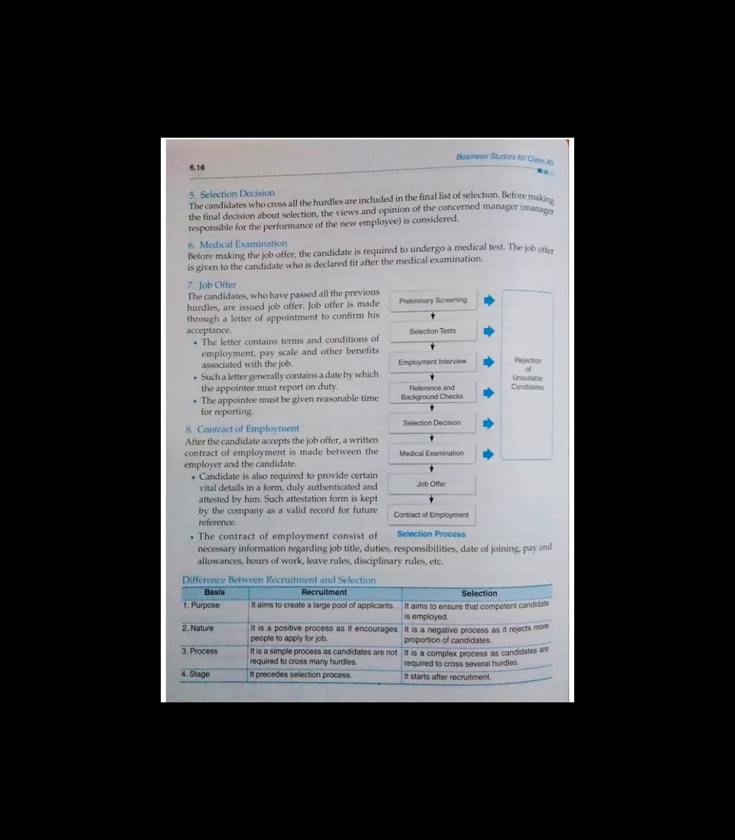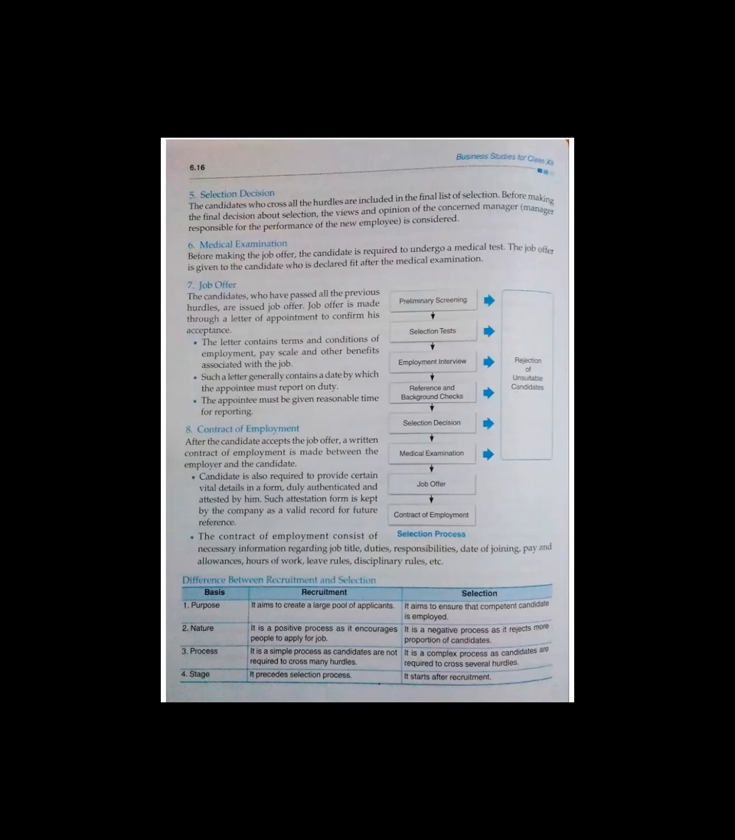So why, what happened? Before making the job offer, the candidate is required to undergo a medical test. The job offer is given to a candidate who is declared fit after the medical examination. So they need to be physically fit. If they are not fit, if they are unfit, what do we have to do? We need to